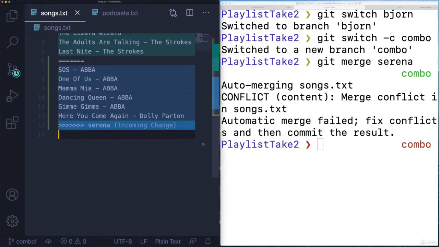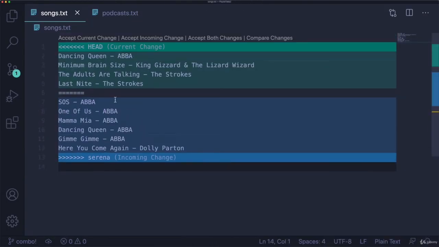So we go to our editor. I'm using VS Code. You can see it does some nice highlighting for me. And we have those markers I mentioned. So you can see HEAD right here. From that line down to here, those equal signs, this is what we had on the branch originally. In our case, it was the combo branch. So we can see it's Bjorn's changes. And then here, this is the changes we had coming in from the Serena